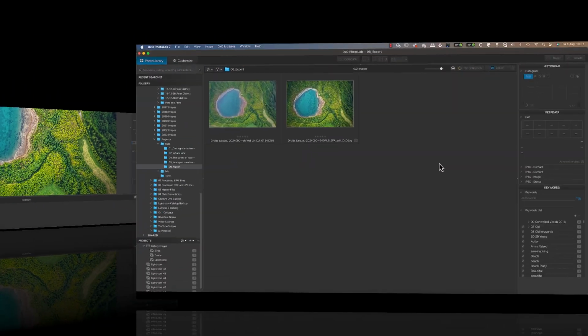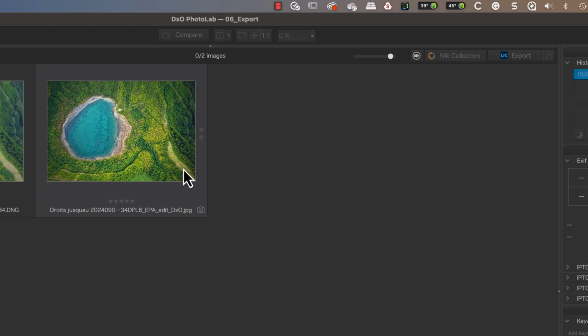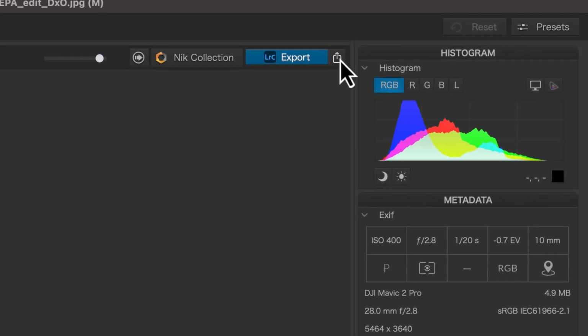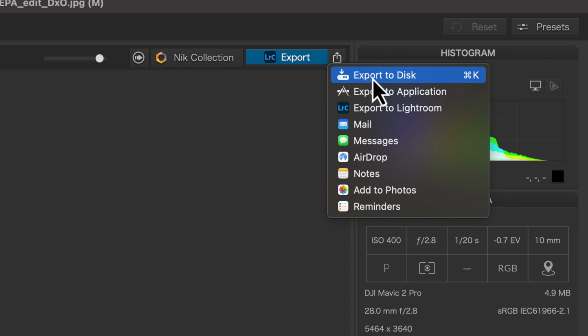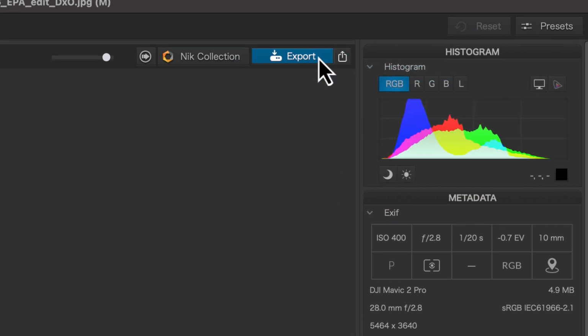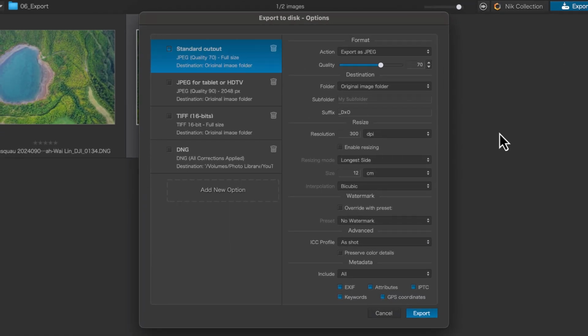If we switch now to the photo library, you can see the same icon and button attached to the toolbar. The toolbar is currently at the top of my screen, but it can be moved by dragging with the mouse. Let's select an image to export in the photo library grid view. Although we're exporting a single image, you can also export multiple images in a batch. With the image selected, I can click the export icon and select the export to disk option. Notice that this changes the export button and displays the export to disk dialog.